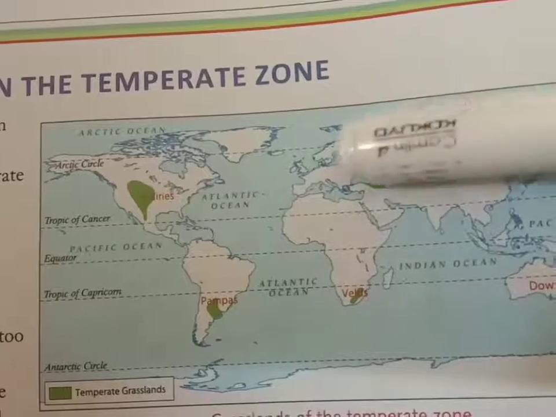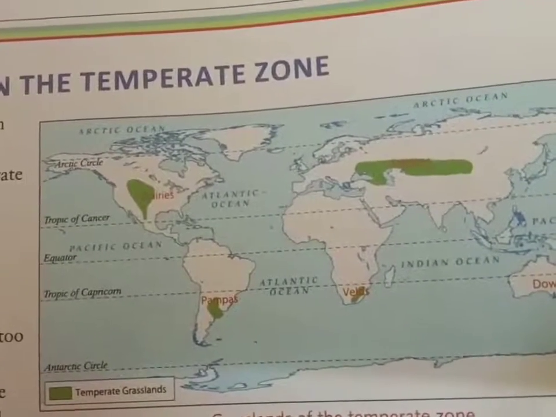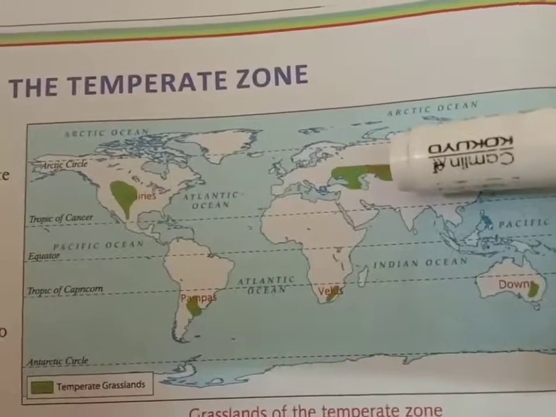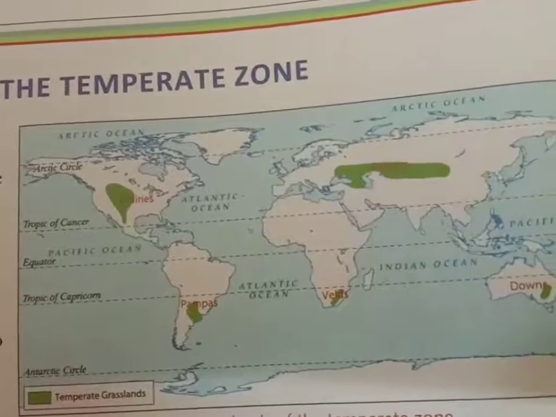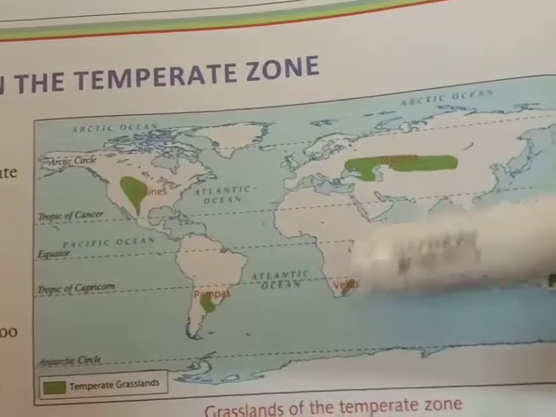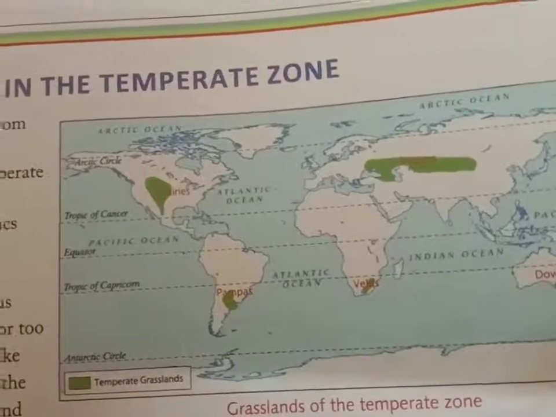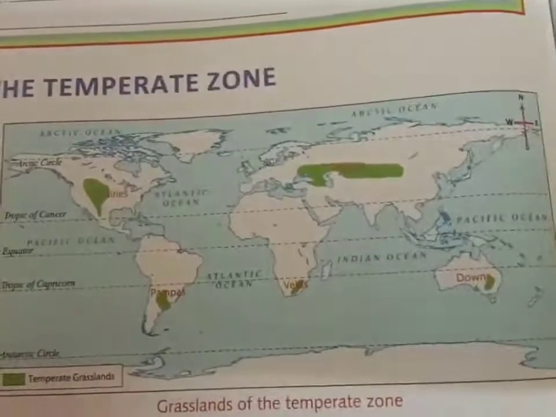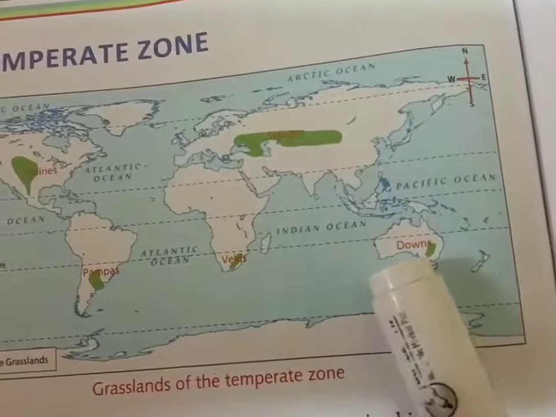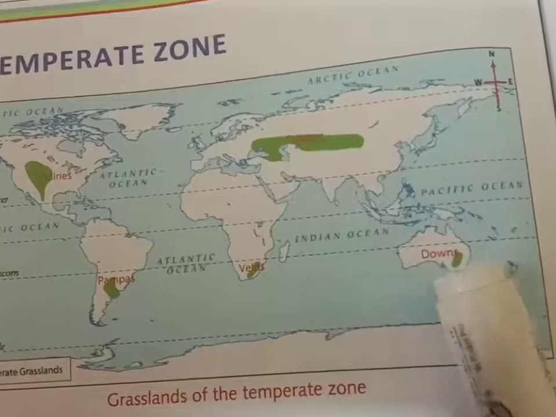Now this steppes is actually in between Europe and Asia. So this is also important grasslands of both the continents. Now here you can see a small place, which we can find in South Africa, and this place is called Veld. It's also an important grassland. And the last one, here in Australia, is called Downs. In Australia it is called Downs.